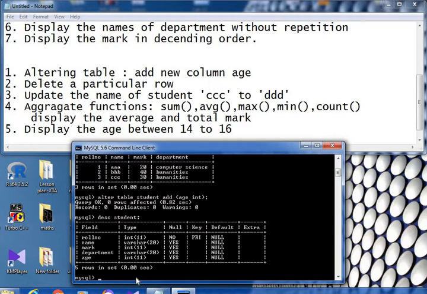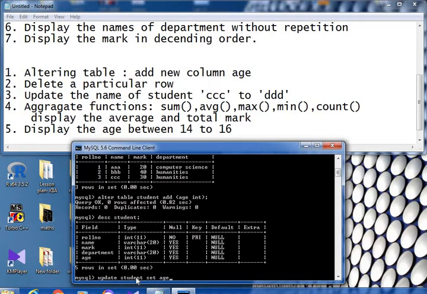Now we want to update data in each column. For updating values, we use the command update. What is the name of the table? Student. Update student set, what are we going to set?